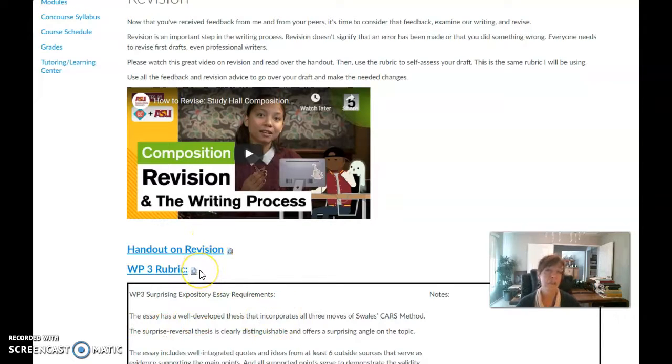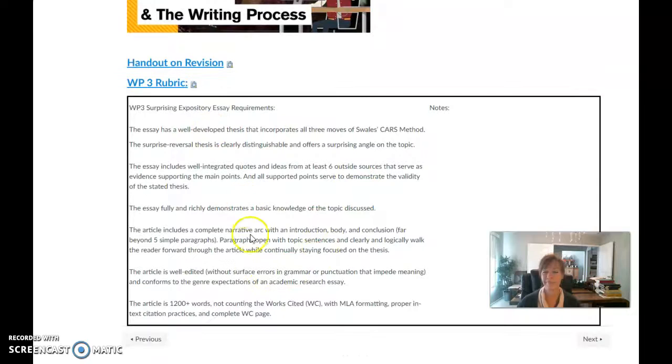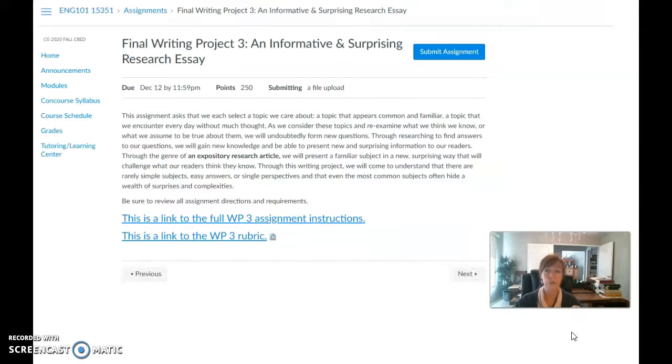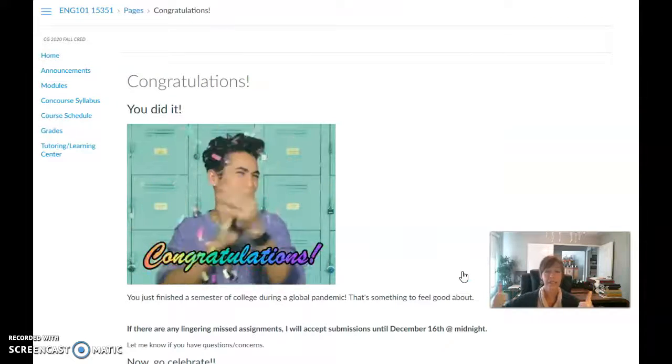And I've got the rubric, so you can do a little self-assessment. This is exactly what I'm going to be looking for. And I've got it down here, but it doesn't look as well as it does in the handout. But read over that. And again, let me know if you have any questions. And then Saturday night, boom, you're going to turn in your final project. Again, here's a link to the instructions and rubric so you can remind yourself what you're doing. Get that in there and then you will be done. Look, I even have a reminder to celebrate.